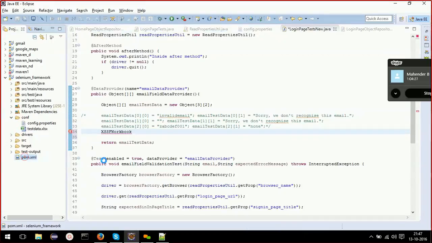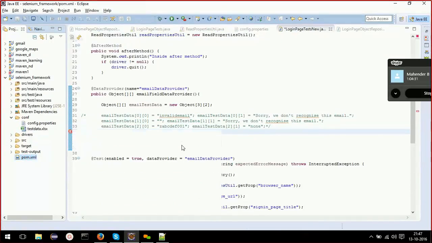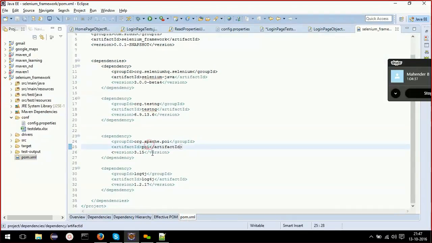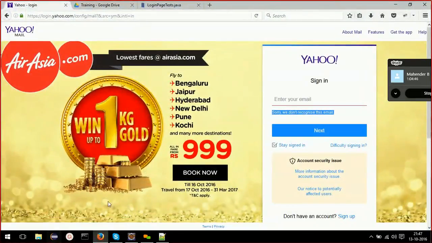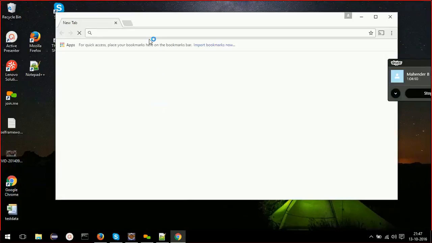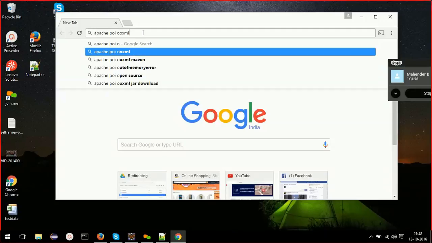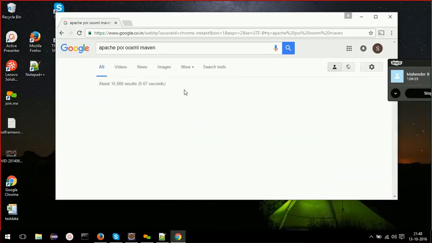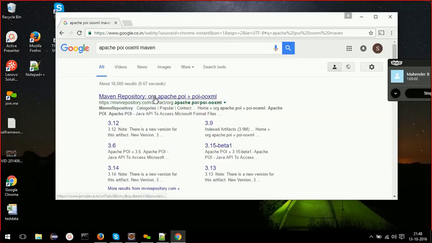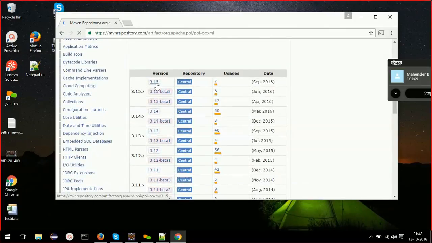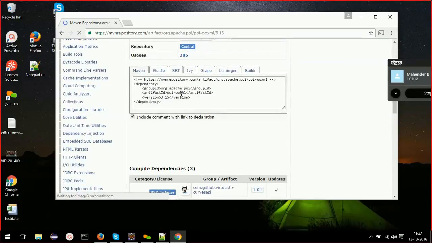Before that, let me see whether I have added POI to this one. One second. So this is poi-ooxml.